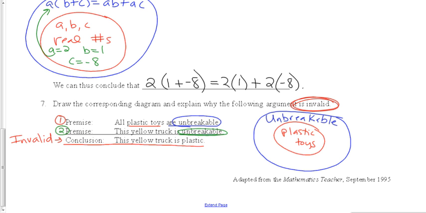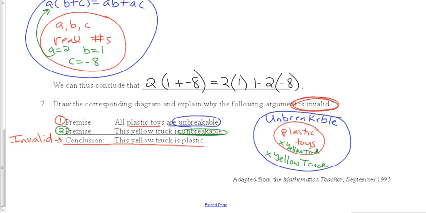Now this is where this one's different. The yellow truck doesn't go inside of the plastic toys. They didn't tell me the yellow truck was plastic. They told me the yellow truck was unbreakable. So my yellow truck could be here, which means, do I know without a doubt that this yellow truck is plastic? And no, I don't. And we know that possibly my yellow truck was in here, but I don't know for